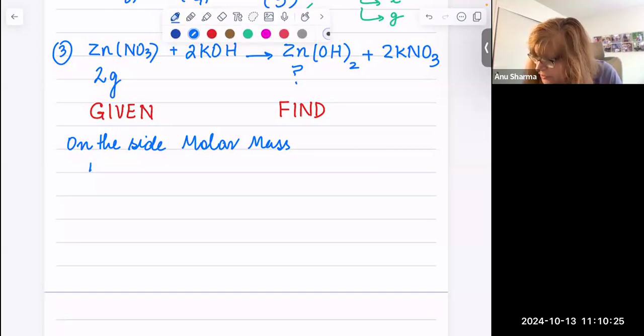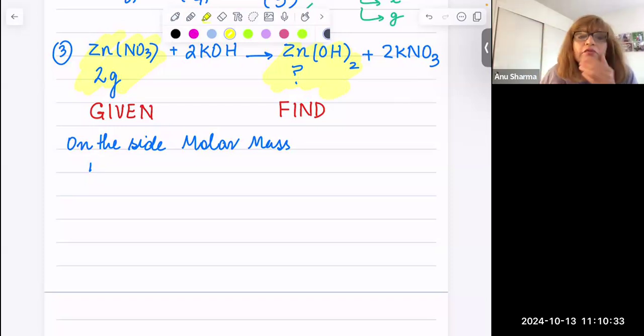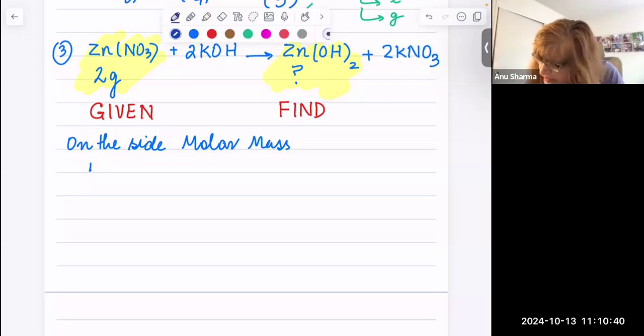Okay, do this. We are looking at only 2 entities here. One is the zinc nitrate and the other is zinc hydroxide. These are the only 2, so we don't care about the others after you balance. Now let's look at the zinc nitrate. So Zn(NO3) whole twice. And then the other one is Zn(OH)